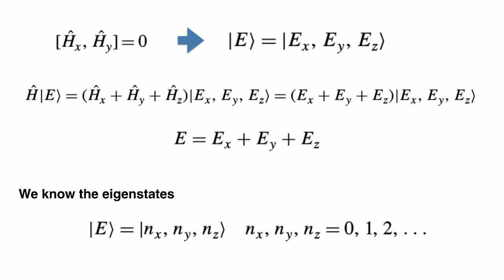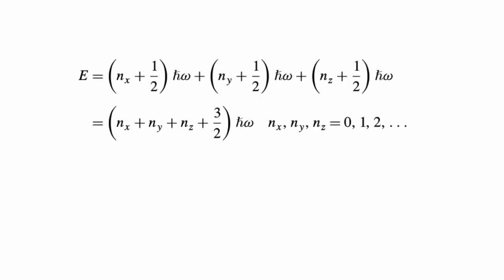The good thing, though, is that we do know the eigenstates that correspond to an oscillator in one dimension. We've studied it in the previous chapter. In fact, we studied it in detail. We find that the energy was obtained by (n plus 1/2) times h bar omega. So here I use the notation nx, ny, and nz for the n along the different directions. And because we have an isotropic oscillator, all the omegas are the same for all three oscillators. Therefore, we can write that the total energy of the system is (nx plus ny plus nz plus 3/2)